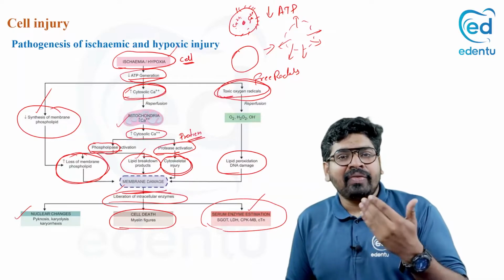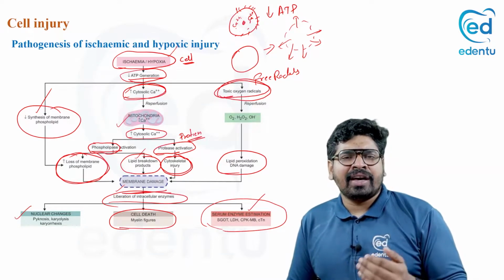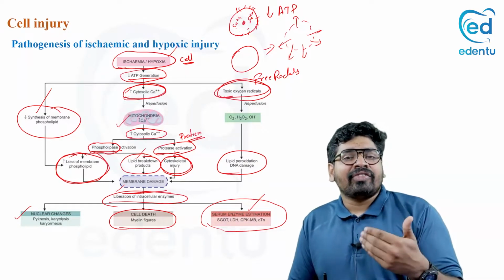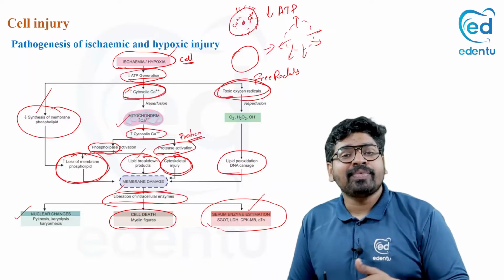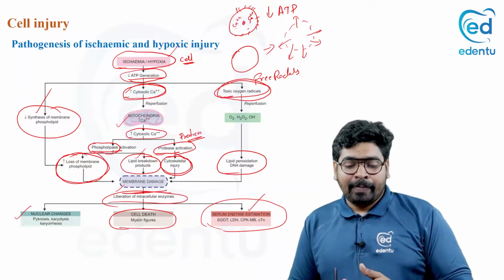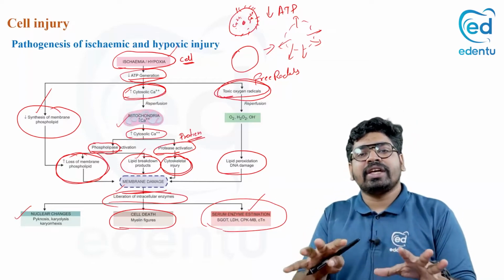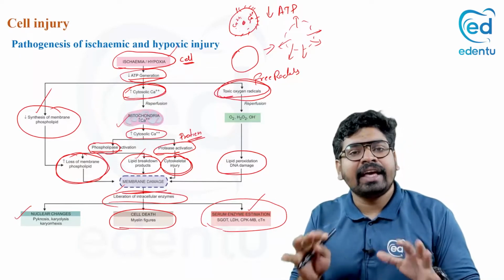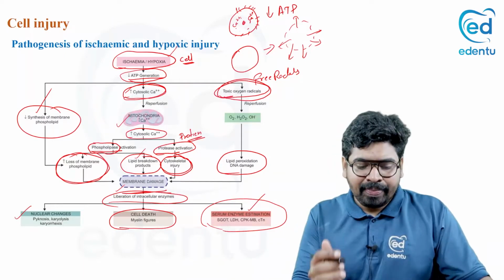That's why whenever there is a liver disease, whenever there is a heart disease, we are testing the liver function test, your kidney function test. All these enzymes are checked in your blood, because why? The cell death or cell injury can result in the leaking of its enzymes into the blood. So this is what really happens in ischemia.